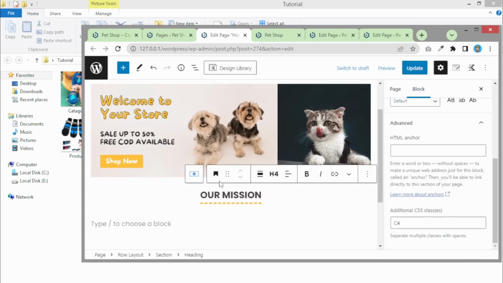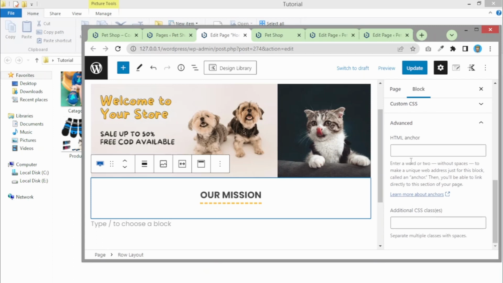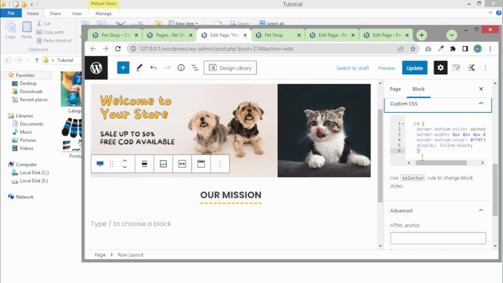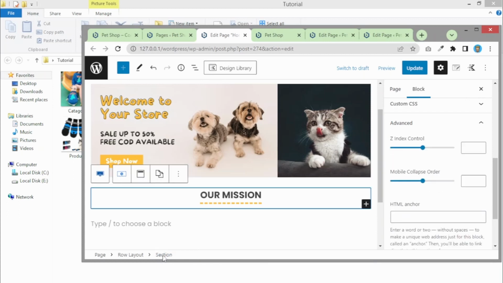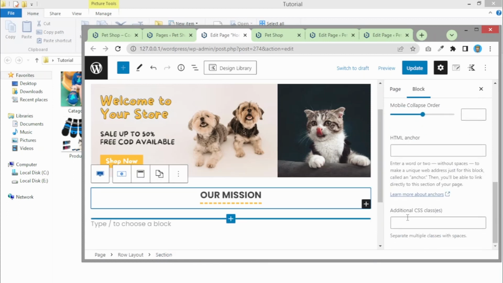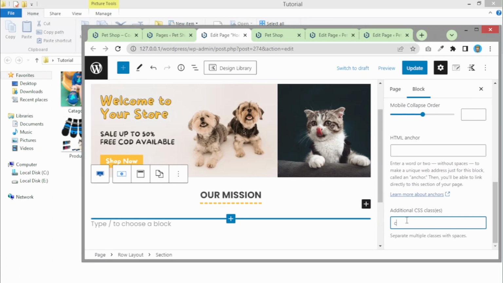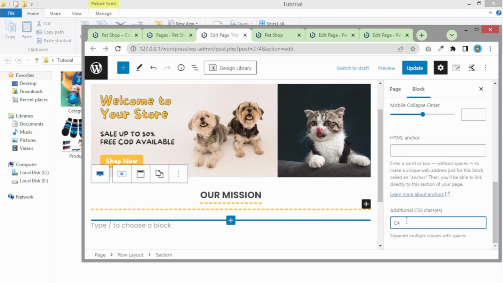Let me just paste this code on row layout, as I have done that in custom CSS setting. After that you need to head over to the heading, and here you need to enter C4. Again, some of you will make a mistake: you are going to go to the section, and inside section you are going to type C4. Once you do that, you can see